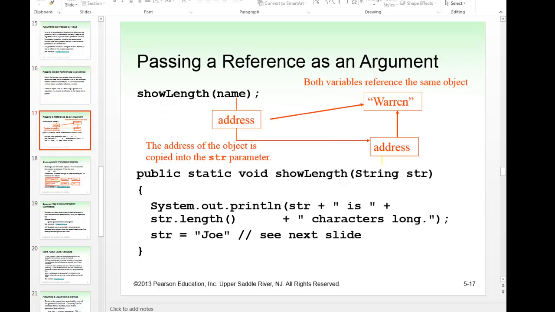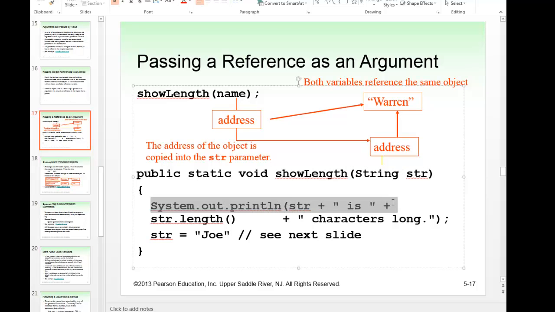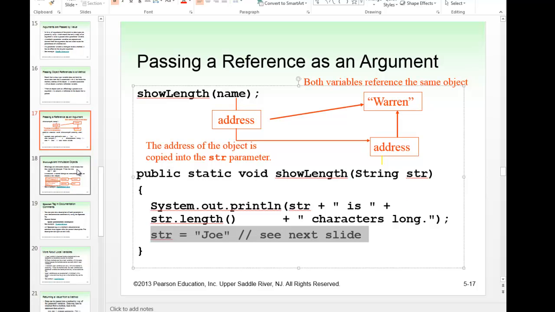Passing a reference as an argument. So let's say we have this string str, this name. Both variables reference the same object. So let's say address points to this thing that says Warren. The address of the object is copied into the string parameter. So when you pass it in, it actually passes the address. So it'll say str is something characters long, and then if you try to set it here, str equals Joe,